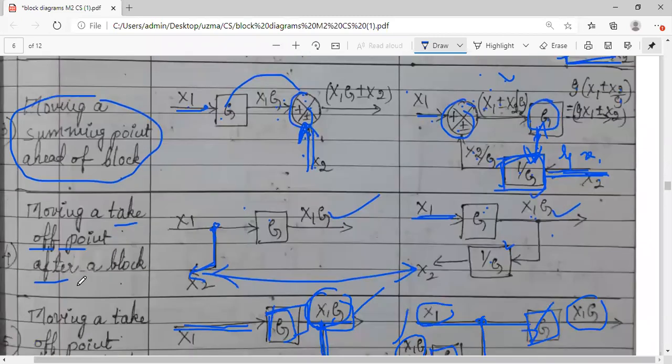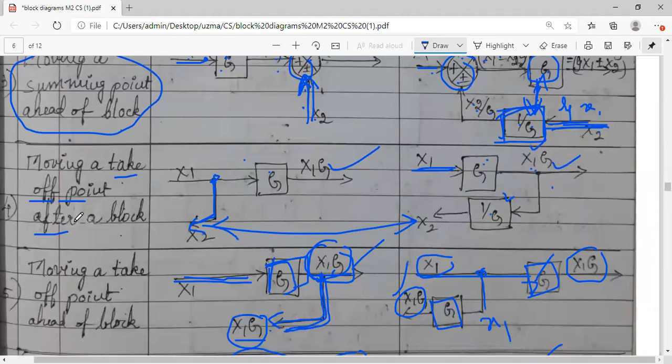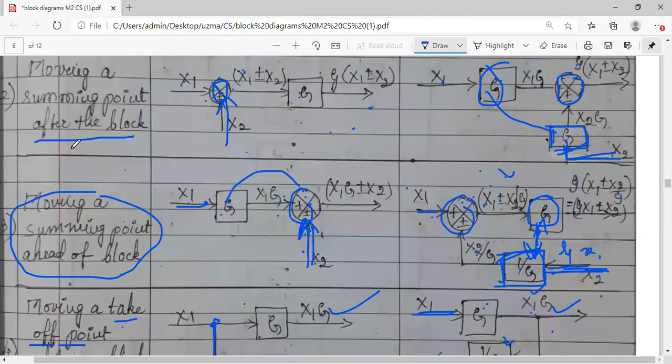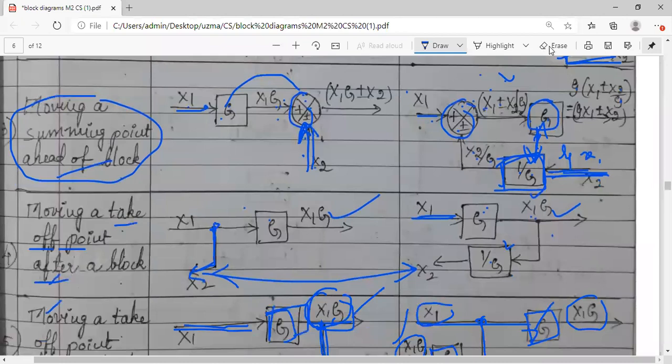Then moving the takeoff point after the block and before the block. After the block, it is same, it is a reverse. आप यहाँ पे जो समिंग पॉइंट में किए हैं उसका आपको उल्टा करना पड़ेगा. आफ्टर एंड अहेड जो बिफोर हैं यहाँ पे एक्सचेंज हो जाएंगे. यू कैन सी इफ इट इज आफ्टर द ब्लॉक,